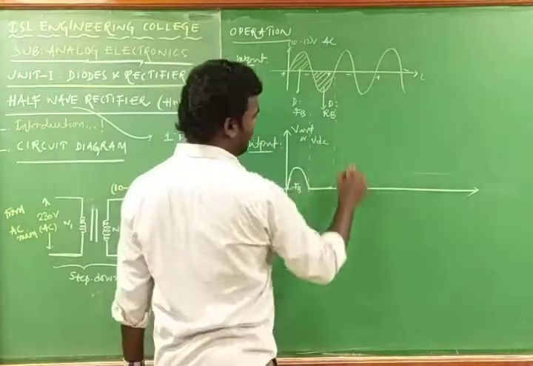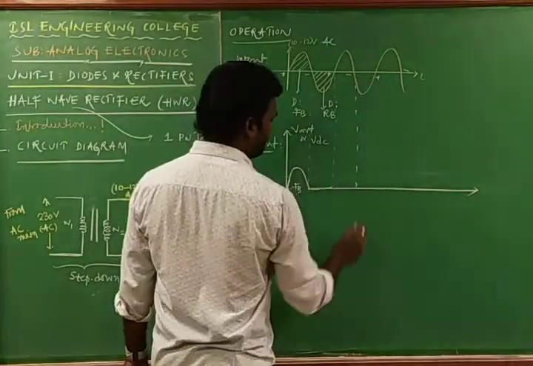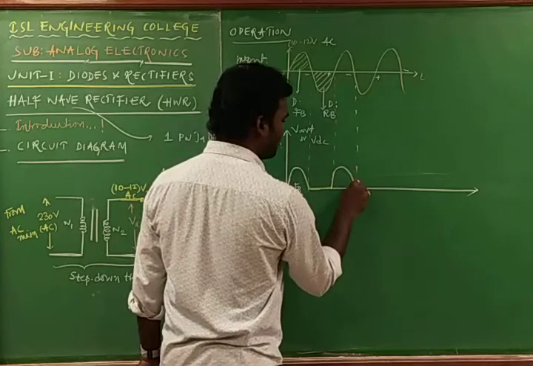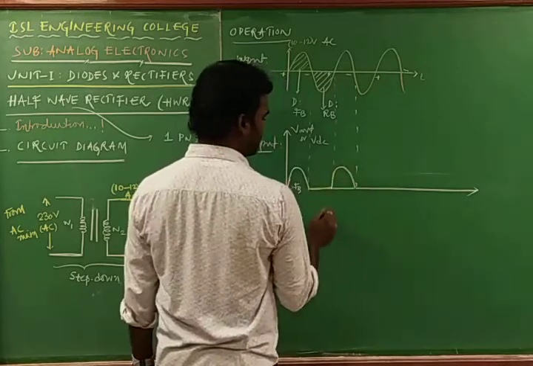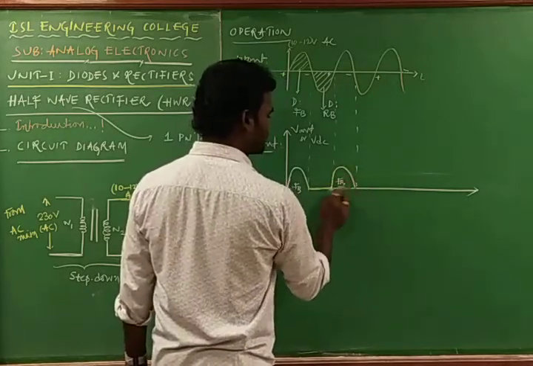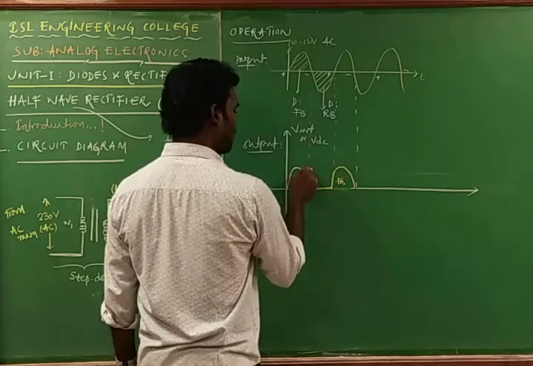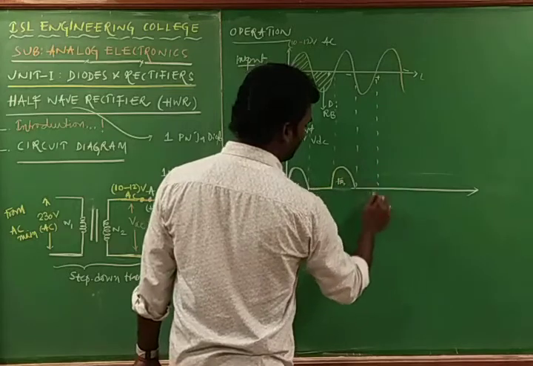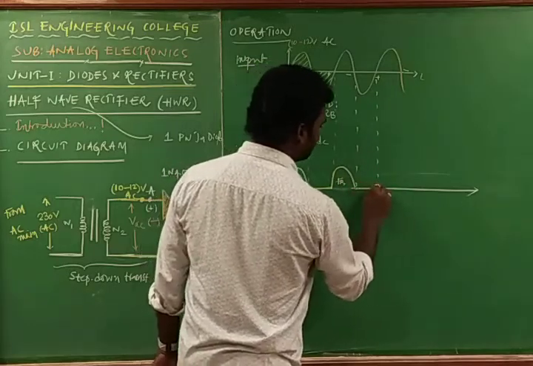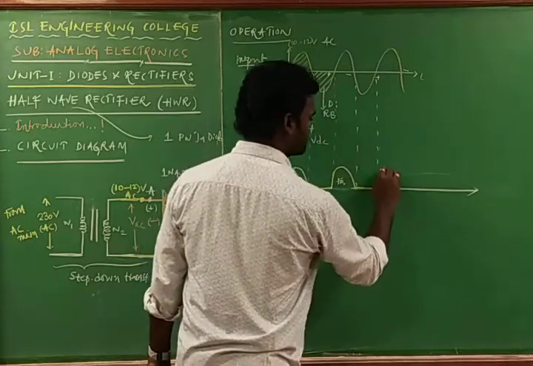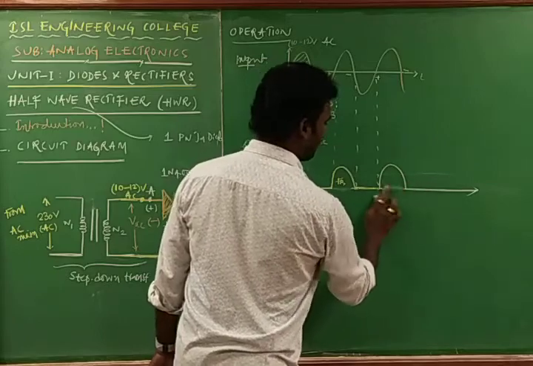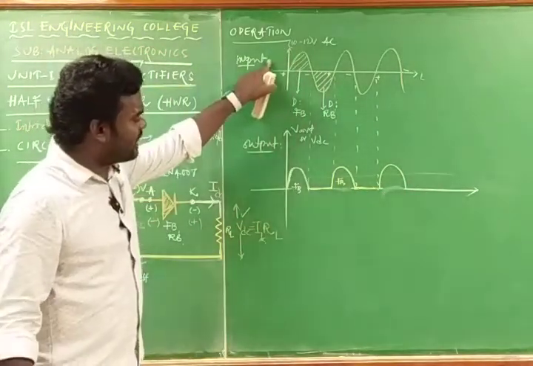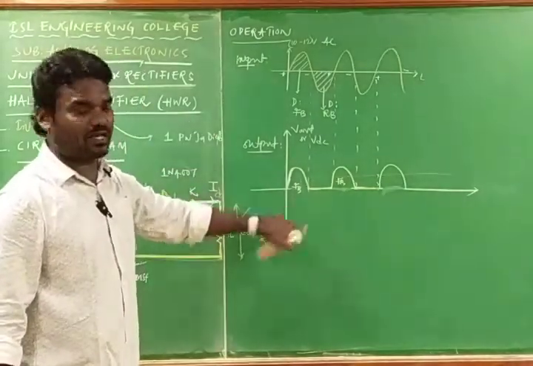And again during the positive half cycle, the diode gets into the forward bias, so that as the current increases, voltage also increases. Now it is also forward bias. And next, reverse bias. Then during the negative half cycle, there is no current, such that we can have it like this. This is the input of the PN junction. This is the input of a rectifier, and this is the output of the rectifier.